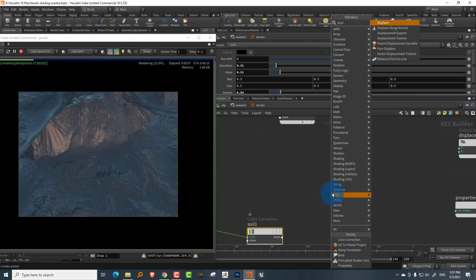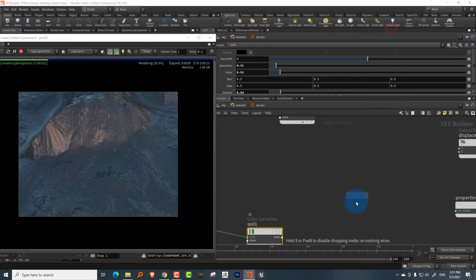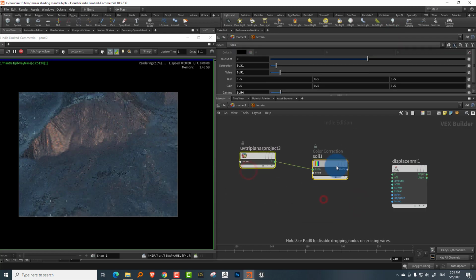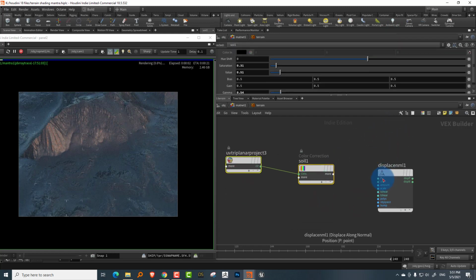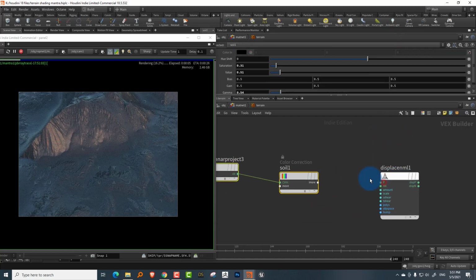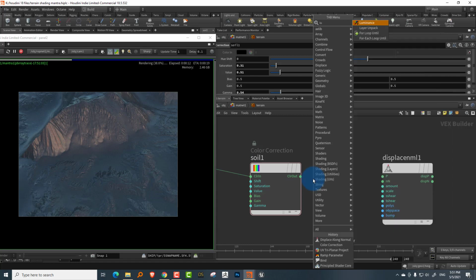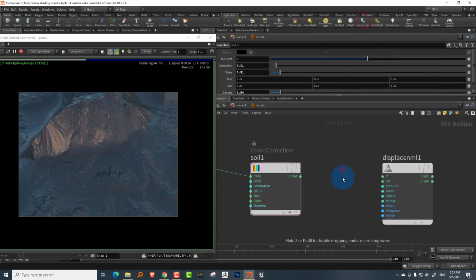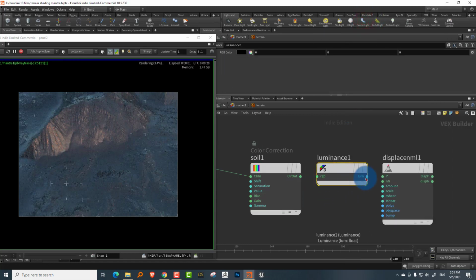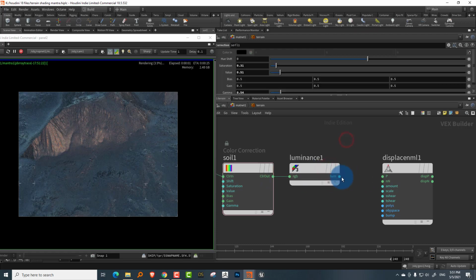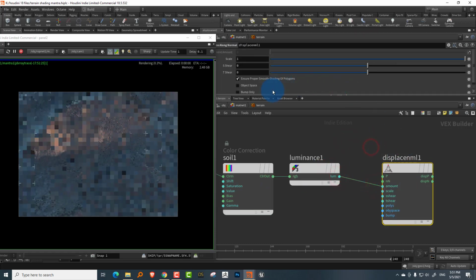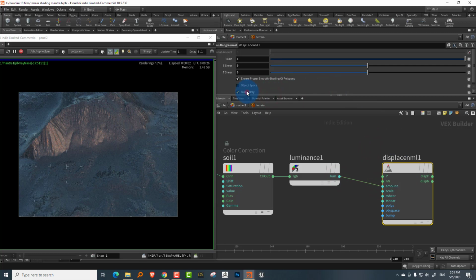And you'll get something called displace along normal. So just take displace along normal. You get a bunch of others also, but this is the simplest one. And we need a luminance node to convert this to black and white, or convert this to a singular grayscale value. So just take a luminance. It will take whatever is coming in and just convert it to a float value. And then plug that into amount. And what we'll do is, we'll turn on bump only.